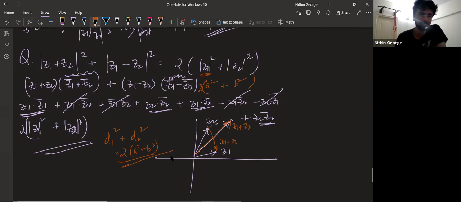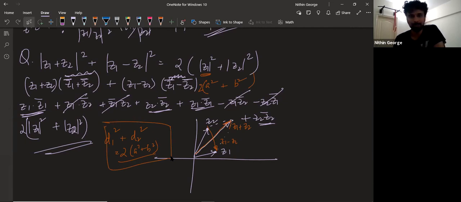So this is the same thing. This is something you already know. This is what we are proving here, and this is basically what they are asking. So when they talk about z1 plus z2, z1 minus z2, you know what to do from now, right? When I say z1 minus z2, imagine a vector from z2 towards z1. When I say z1 plus z2, imagine a vector between both of them, adding up by vector addition. This is the first thing I wanted you to understand. Hope this is clear.